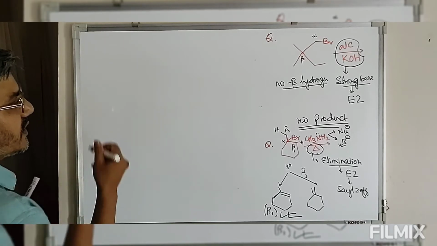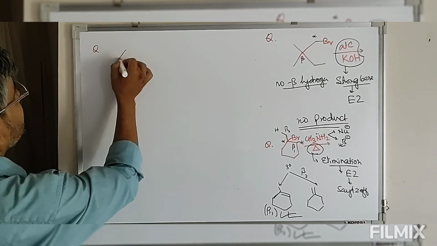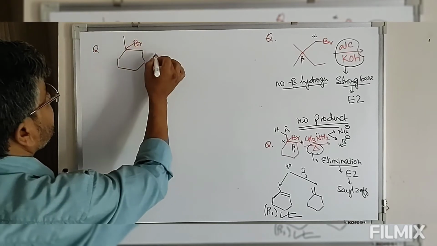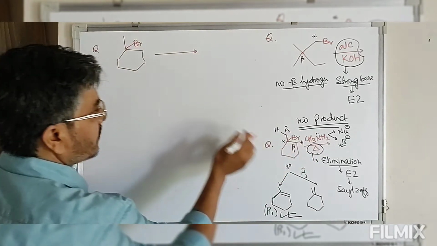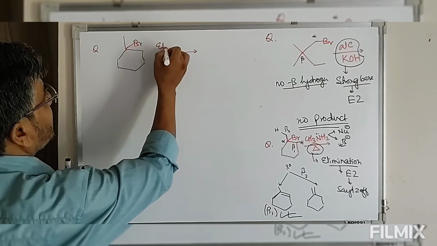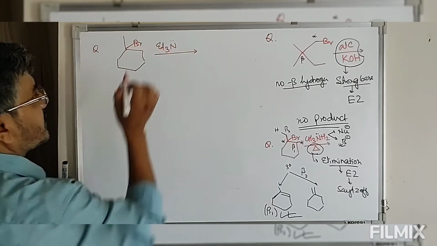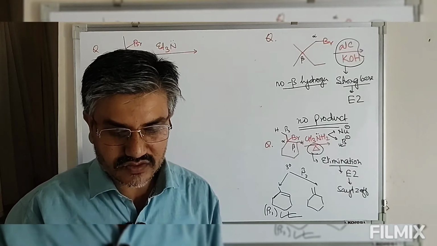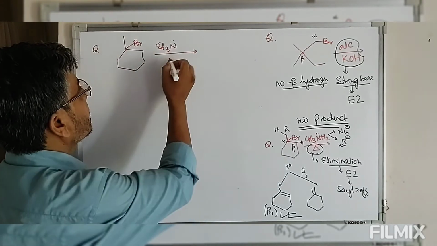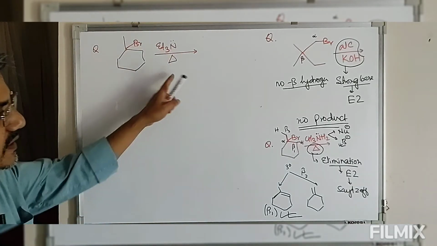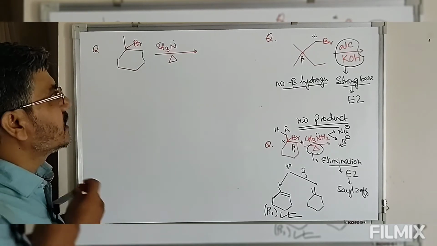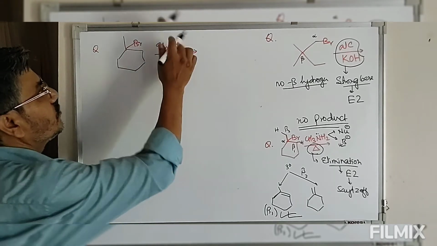So we have the same tertiary alkyl bromide. Now instead of methylamine, this is changed to triethylamine. This reacts with triethylamine, followed by heat. Now heating means the reaction will favor elimination, and this will act as a